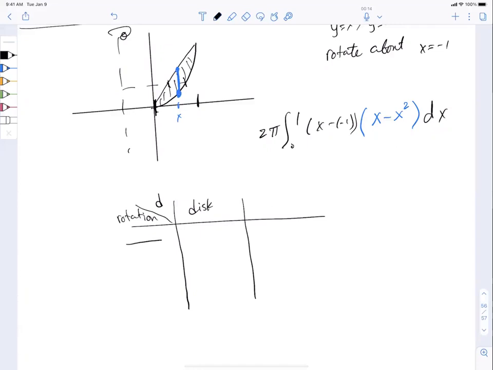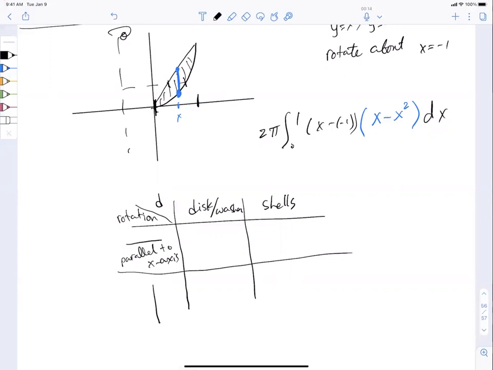Disc, washer, and shells. Sometimes we refer to the cylindrical shells method as the shells method. If you rotate about anything that's horizontal, or parallel to the x-axis,